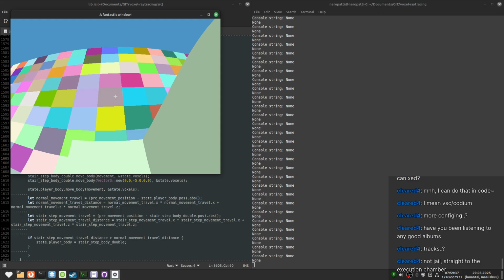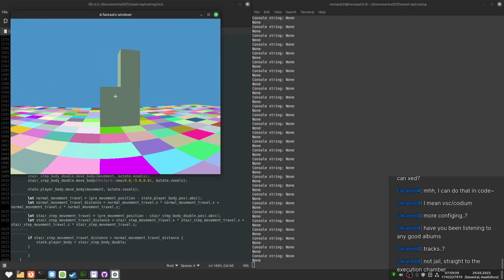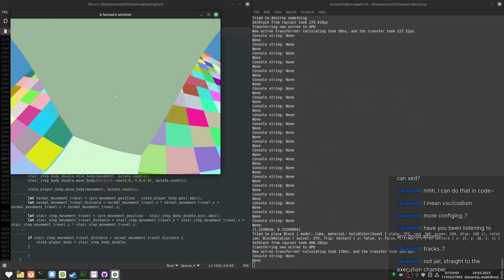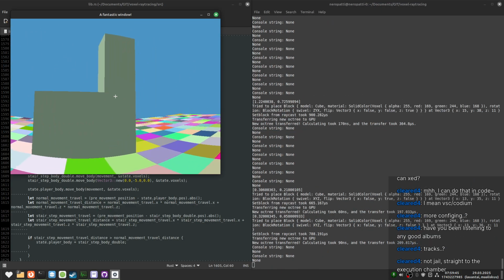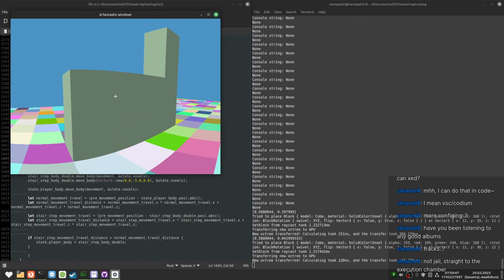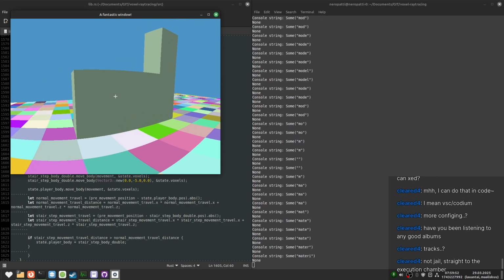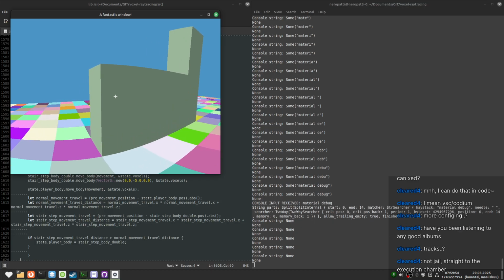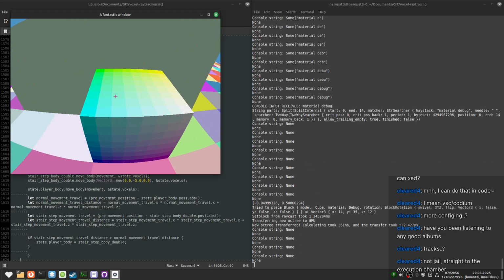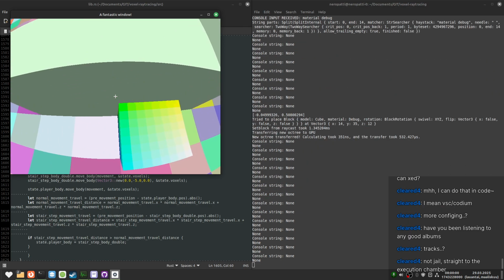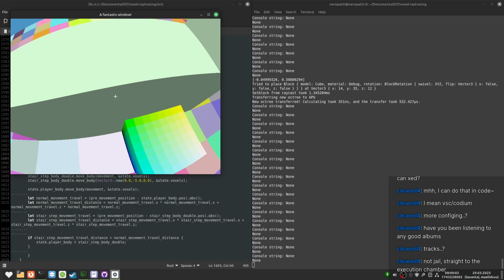I could just not have that kind of geometry as well. Or I could require at least 2 or 3 voxels of edge before you're able to stand on it, right?